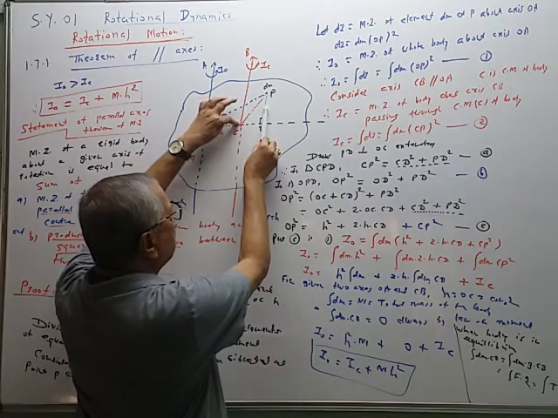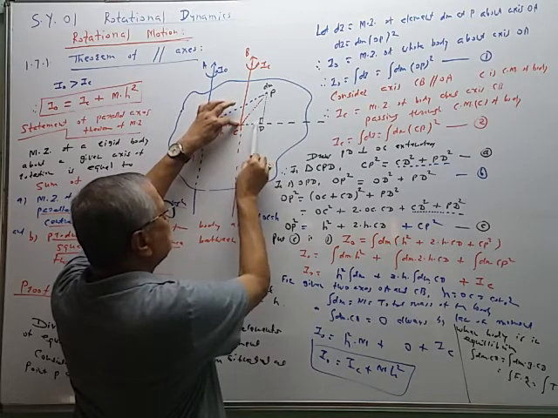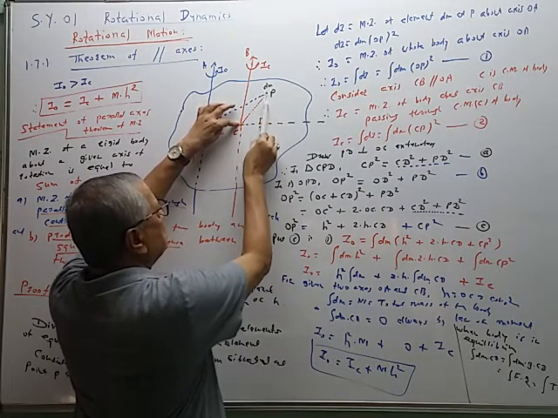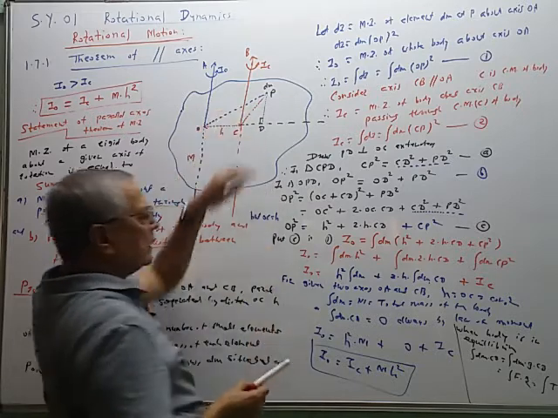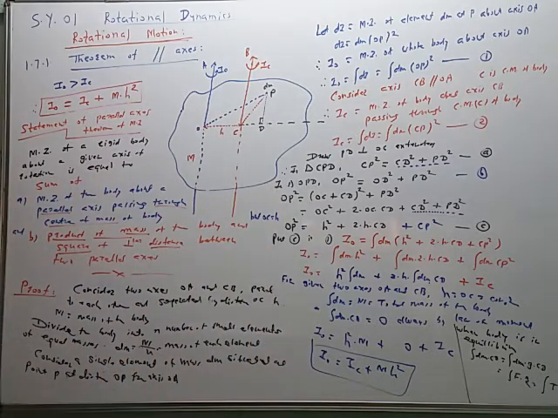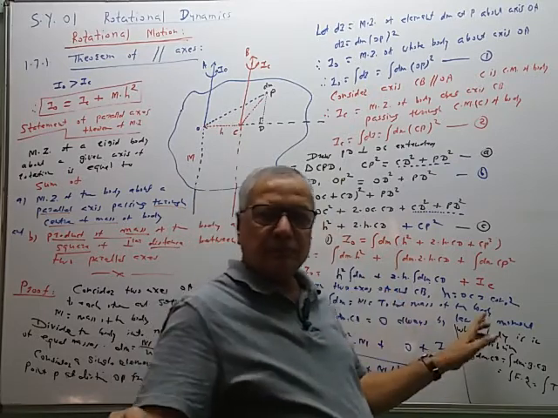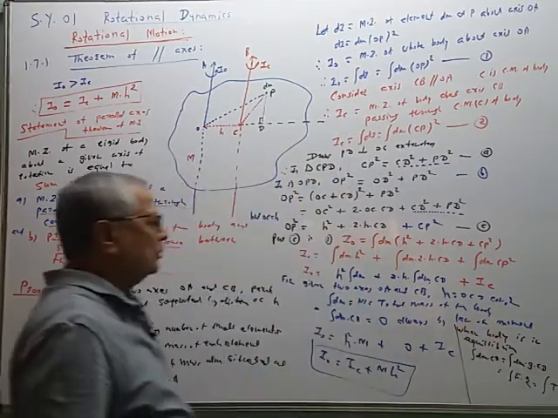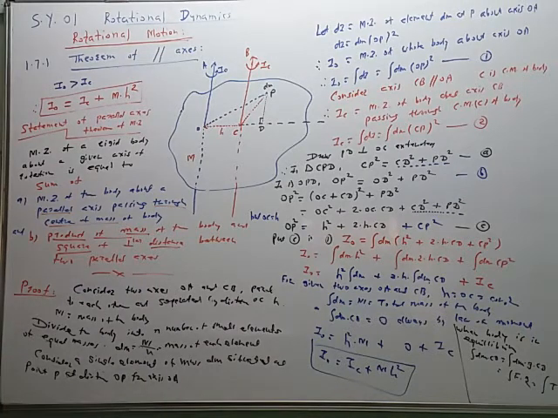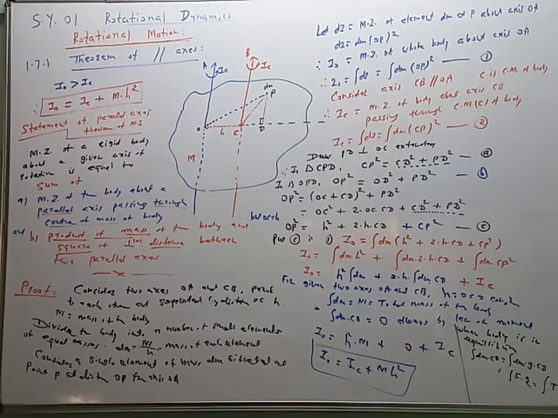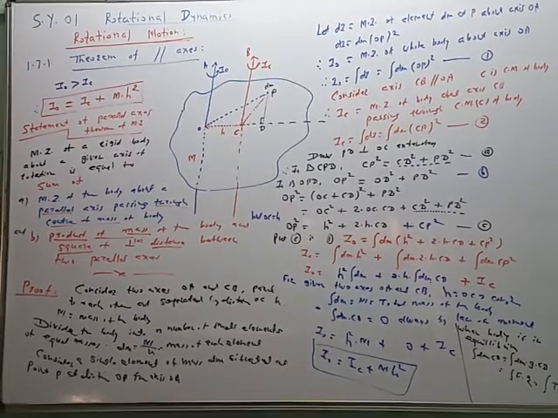So about the center of mass, the perpendicular distance from the axis of rotation to the line of action is r. And therefore, the torque acting about the center of mass is always 0 when the body is in equilibrium. So why does this term become 0? This is the explanation. We have to use this directly. So when the body is in translational equilibrium and rotational equilibrium, the torque about the center of mass of the body is always 0 and it is given like this. So this is about the parallel axis theorem.